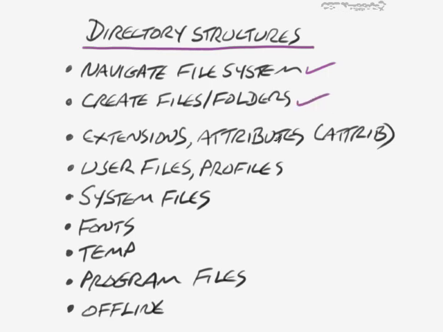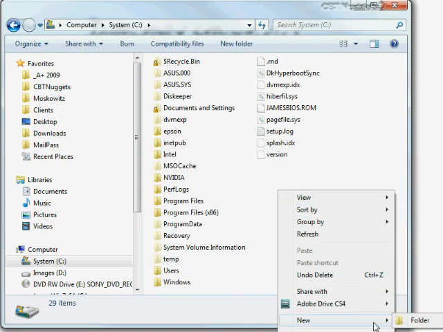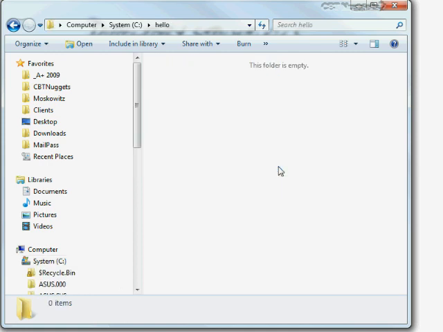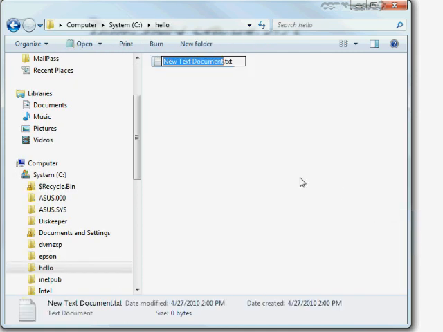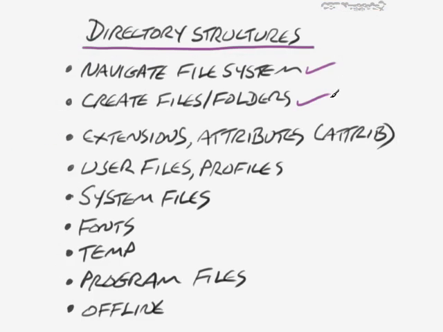And then as we move along with our whiteboard here, I already showed you how to create files and folders from the command line. I'm going to take a big step here and just assume that you already know how to do that from within Windows Explorer. But just to make sure I cover the base, I'll do this briefly anyway. If I'm in the file system, I can create a new folder right here, and I'll just call this hello, for lack of anything more creative. That's how I create it, very simple. I could right-click here and choose a new document of some kind, a text document. So I'll just create that. Very simple when you're working with the UI, and I also showed you already how to do that in the command prompt.